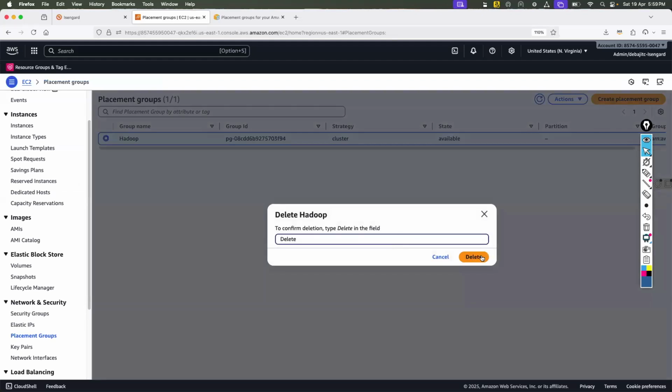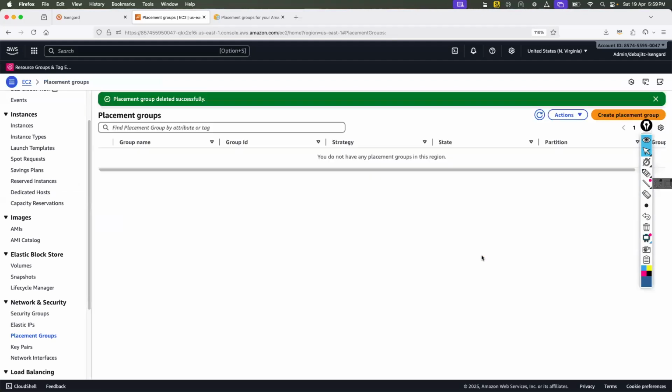Clear or not clear? Yes, sir. What should be the size of the servers? T2 large is not suitable for this placement group, so what size? I think a bigger machine, let's say 8 virtual CPUs, the M series, M5.